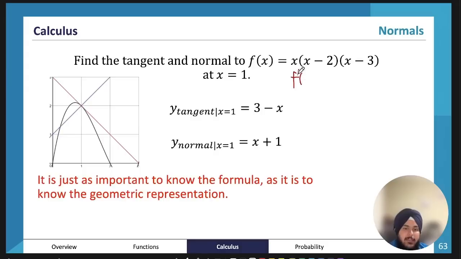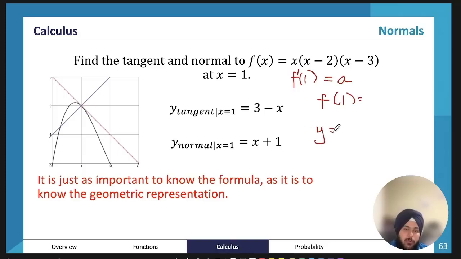f dash x, and then since we're determining the gradient at f of 1, we can just sub that in. Whatever we get for f dash of 1, let's just say that is equal to a, that is going to be the gradient of the tangent. So then what is the point at f of 1? We need the coordinates. We have the x coordinate, but we can determine the y coordinate by subbing it in. So essentially the tangent line is just going to be